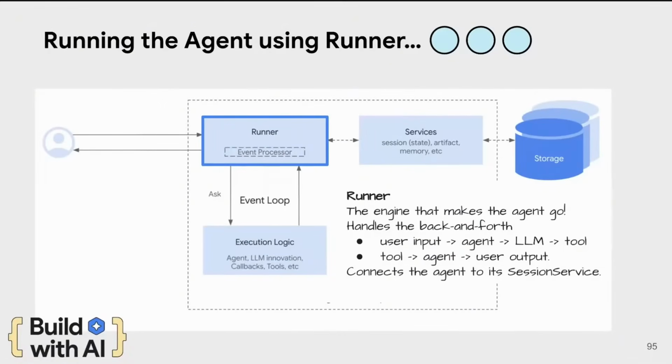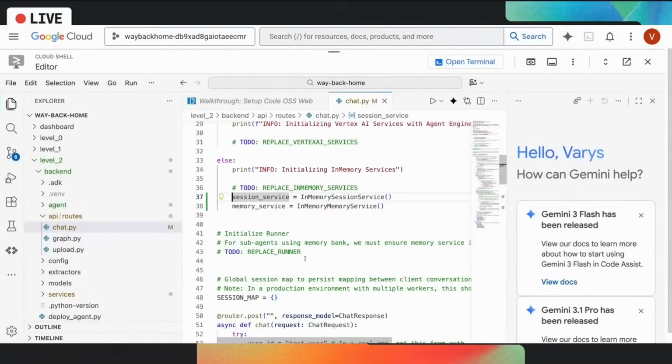And the runner is what manages all the events that the agent sees. So when the agent is calling a tool asynchronously, or when it's updating state or updating memory, all that runtime is being managed by the runner. And there are a lot of things that you can do to configure it. But all we're going to do now is pass in the in-memory session and in-memory memory that we just defined earlier. So coming back over here to Cloud Shell,